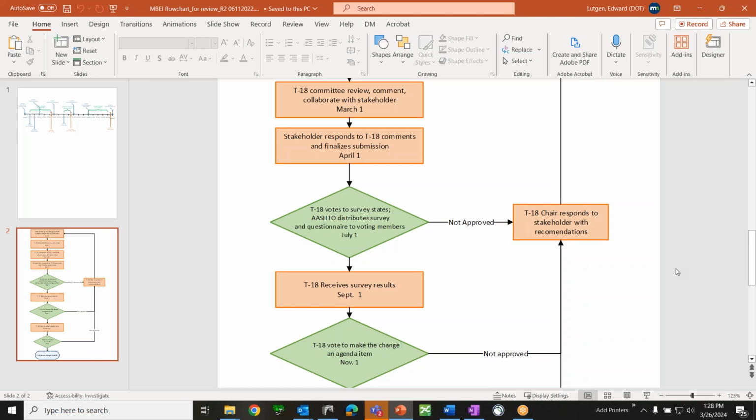the benefits of adding elements to the MBEI. As you add elements, there's a delicate balance of being too onerous to states and putting too much responsibility on them, but also giving them guidance on best practices and the best ways of doing and providing those elements. As part of that process of adding new elements, we came up with this flow chart